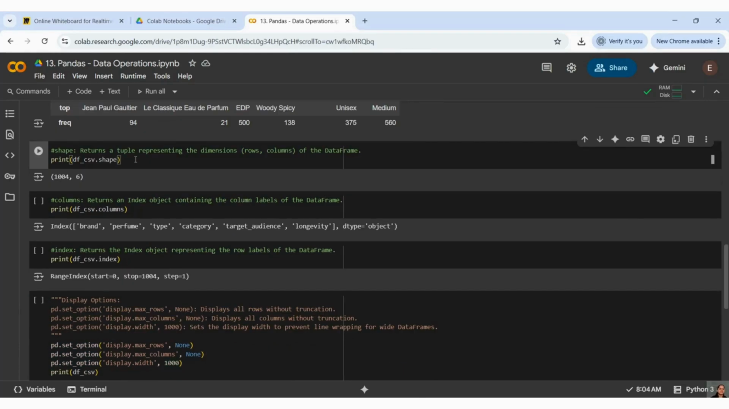Now we will understand shape. Shape means it is going to return the rows and columns. You know, shape is m cross n, so here it is going to give that. Here my shape is telling 1004 rows and 6 columns. So you can see the shape is telling that. Then we have